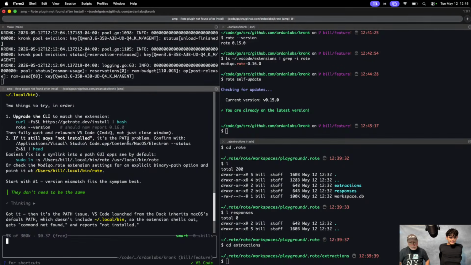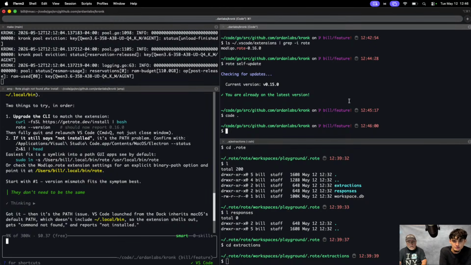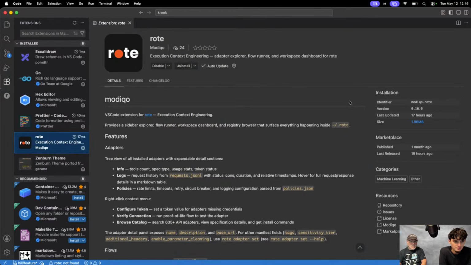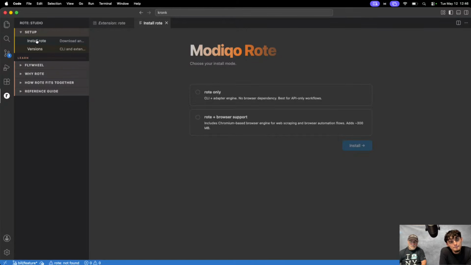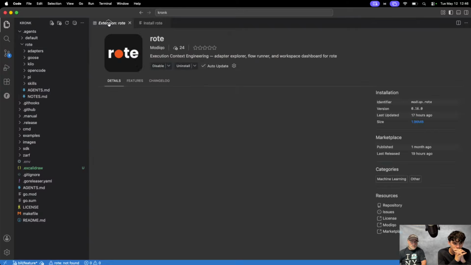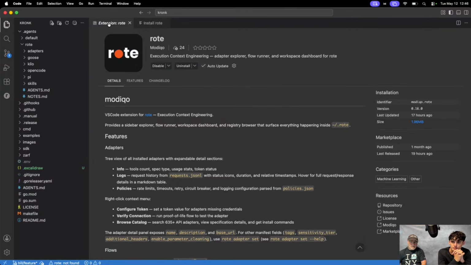So, I restarted VS Code by doing this. So we have two choices here. I could uninstall and reinstall this.